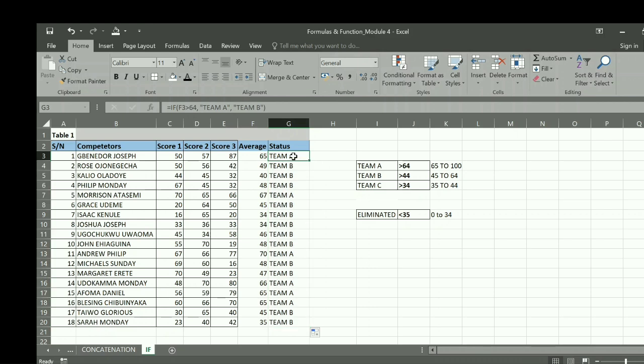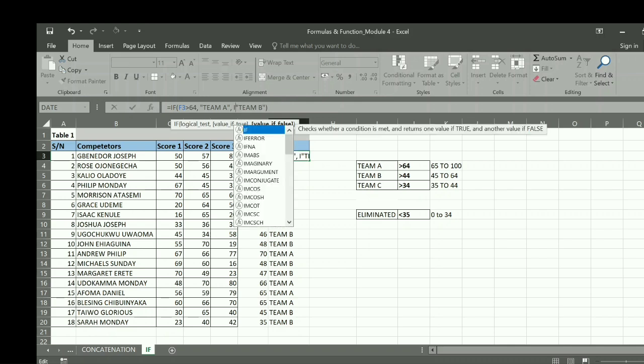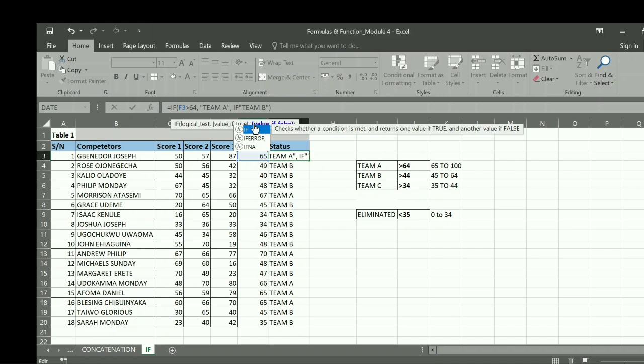So for us to establish the second condition, click on the first cell, take your mouse pointer to this point. I hope you can see my mouse pointer. Okay, here's my mouse pointer. Let's click our if, then type on it: if, what's the second condition? If this